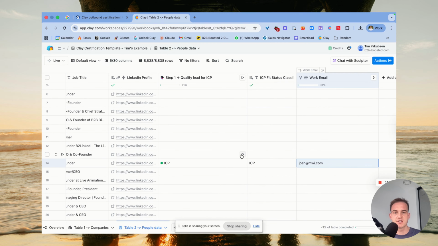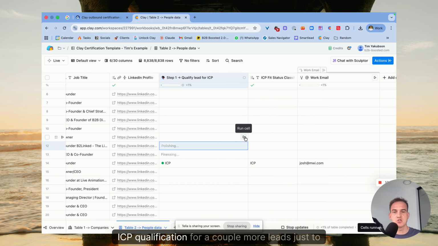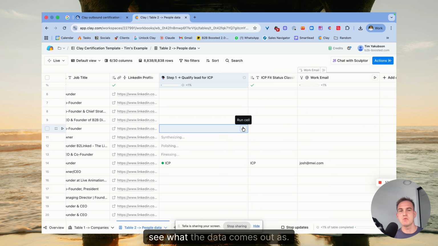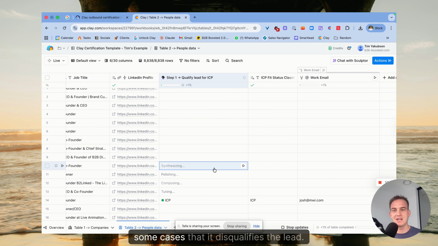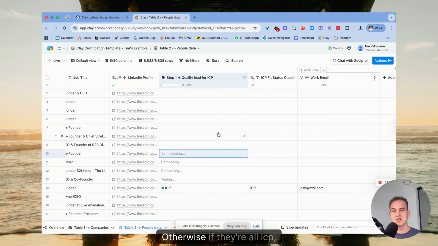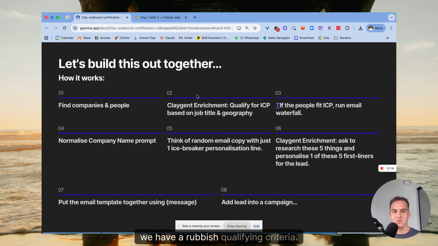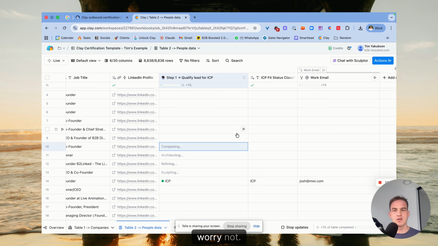I'm going to run this ICP qualification for a couple more leads just to see what the data comes out as, because I think it will be quite useful to see in some cases that it disqualifies the lead. Otherwise, if they're all ICP, it will be a bit suspect that we have a rubbish qualifying criteria. But in the meantime, worry not. What we'll do